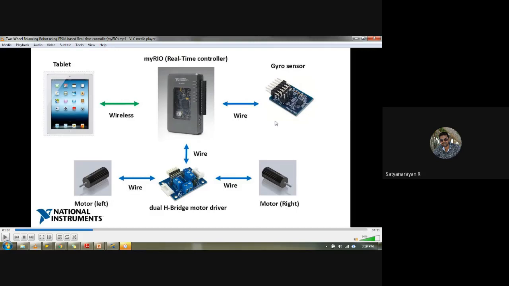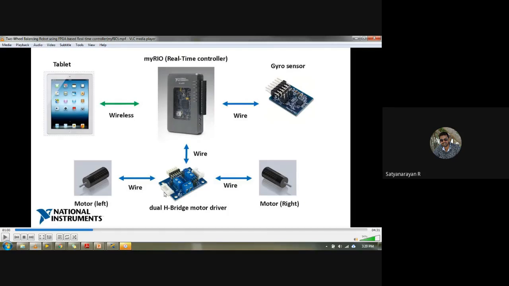There they are using a gyroscope sensor. I hope you know how the gyroscope works. It seems similar to the accelerometer, only based on the axis. It will keep sending and receiving values. This gyroscope works on protocols, not just directly connecting to analog or digital, so it is a protocol-based sensor. Then they are using two different motors to run.